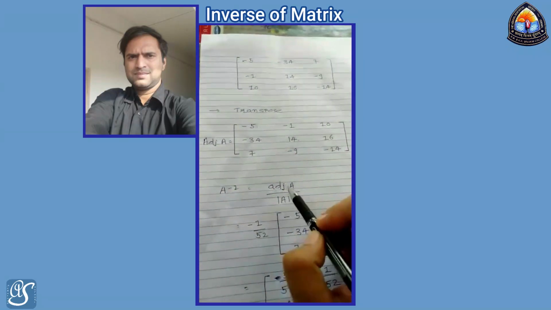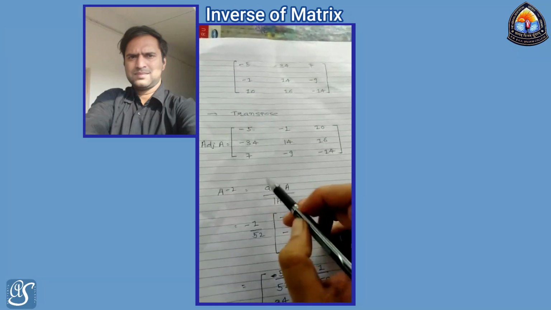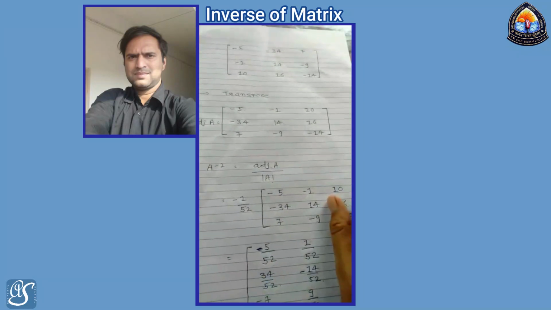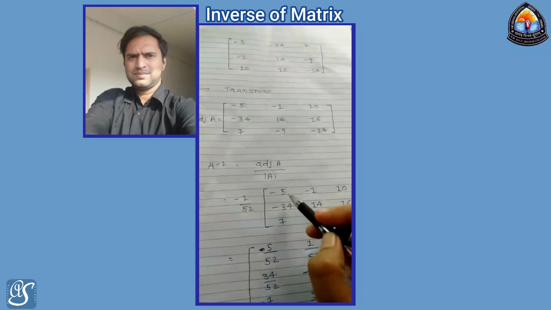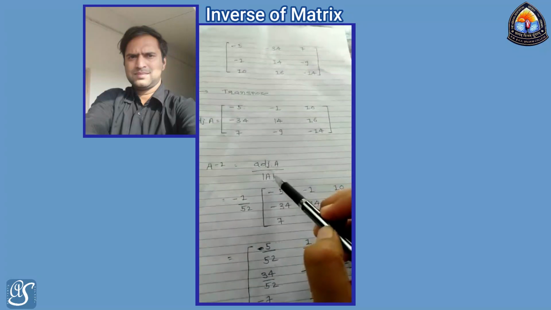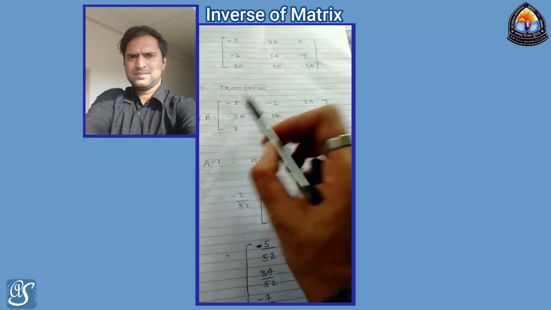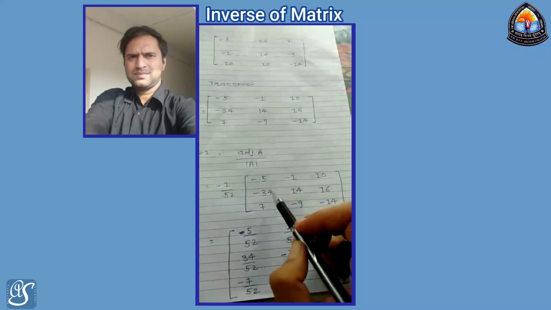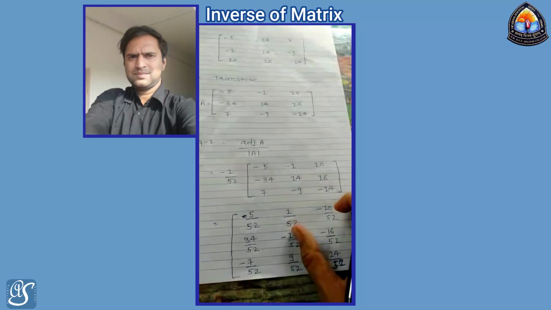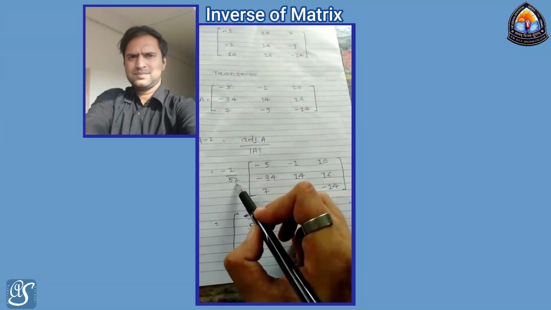So A inverse is equal to adjoint A upon determinant A. Now we have two values. So determinant A is minus 1 upon 52, and adjoint of A is minus 5, minus 1, 10, minus 34, 14, 16, 7, minus 9, minus 14. Now multiply minus 1 upon 52